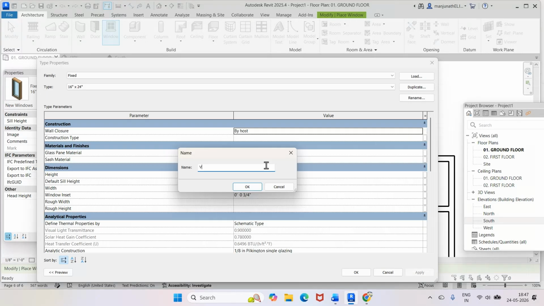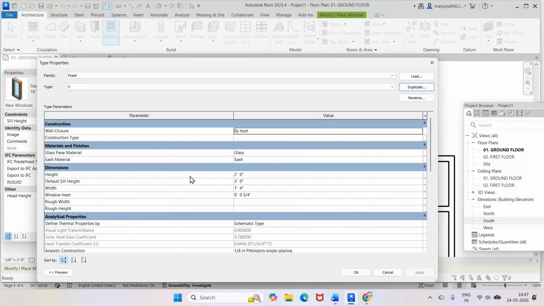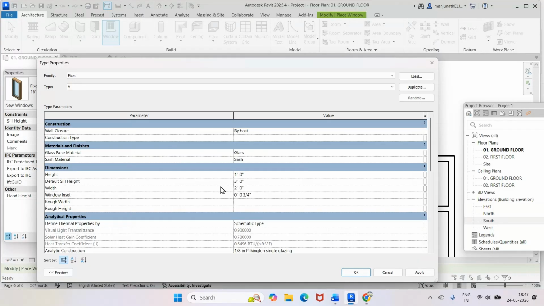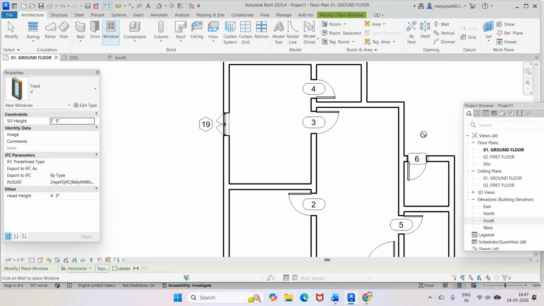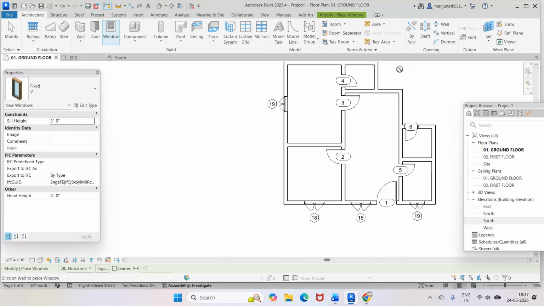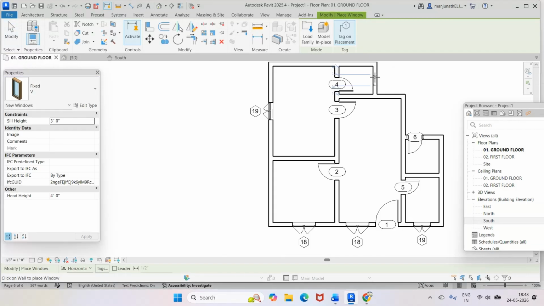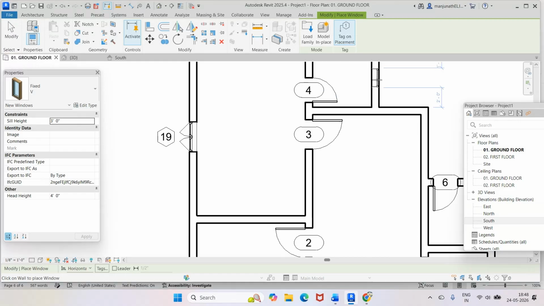Now I want the height, what is the ventilator dimension? 2 feet width and the height is 1 feet. So here the height is 1 feet. Then the width is 2 feet. Give that and you apply it and say OK. Now you come down to this portion. Then you go to window, go to ventilator. Where is ventilator? Here. Now you select this on this side. You just click on this side. Take exactly at the center of this